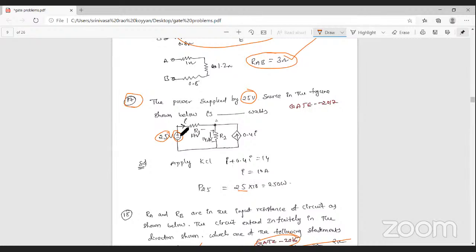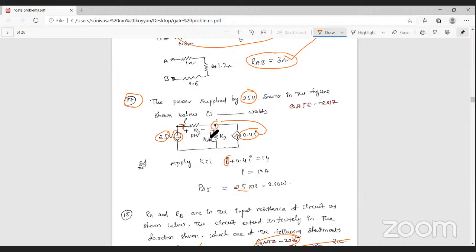Okay. So how to find out the current value? Simple, you can apply KCL nodal analysis at this node. Then you can find out the total current. Here the current is I, and this current is entering this node. Sum of entering currents is equal to sum of leaving currents. Here also 0.5 amperes is entering this node. That's why 0.5 amperes is equal to